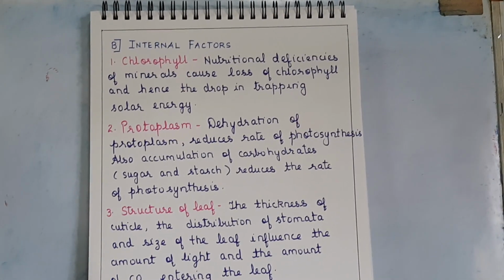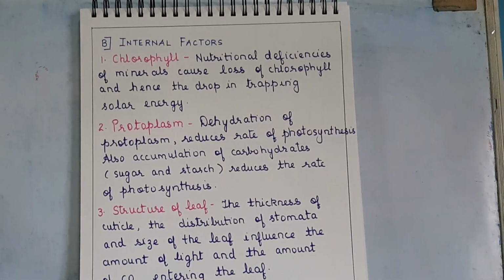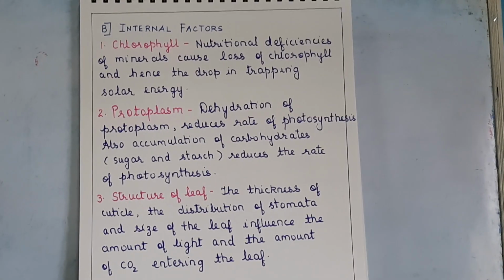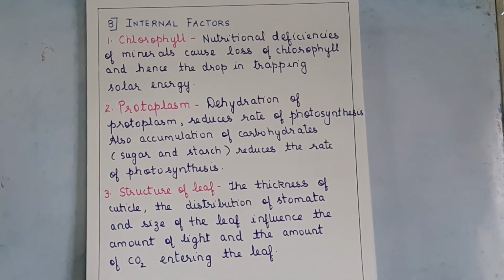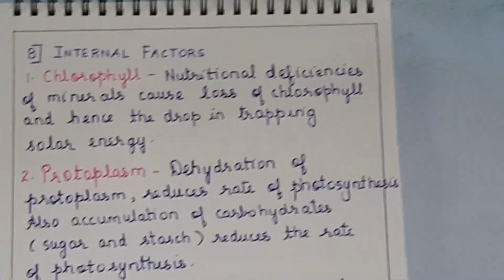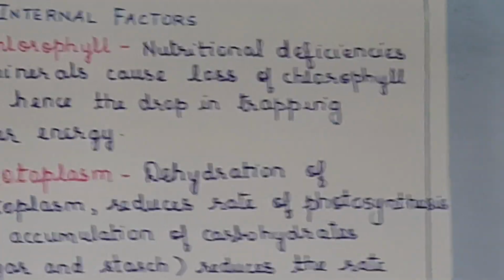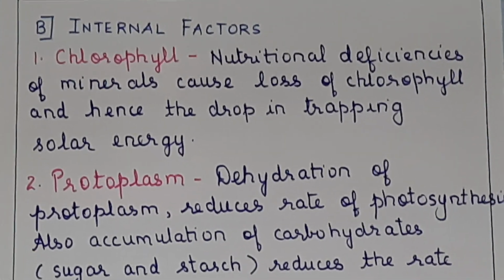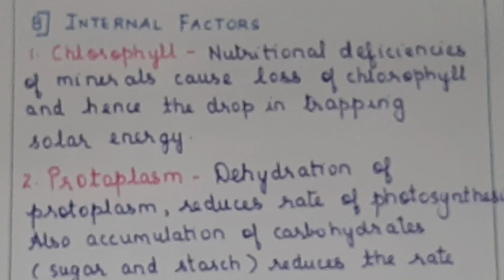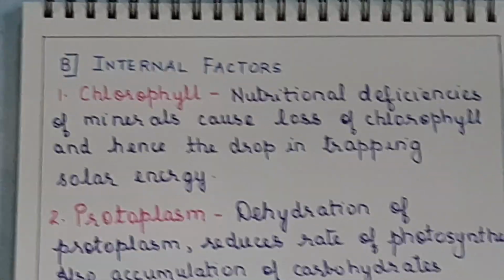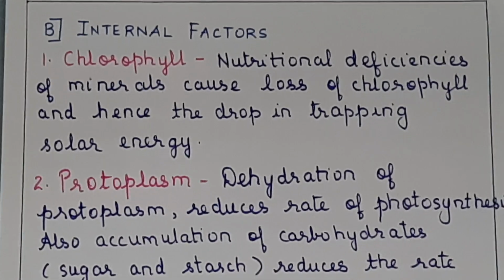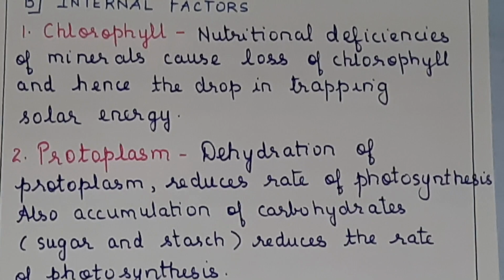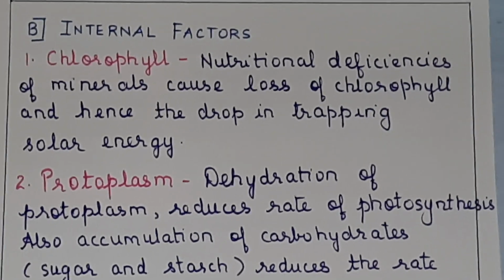Now let us have a look at the internal factors, that is chlorophyll, protoplasm and the structure of the leaf. Any nutritional deficiencies of minerals will cause a loss of chlorophyll. That is, the chlorophyll will not be able to trap the solar energy. Deficiencies such as magnesium and iron are very important. These two inorganic substances, or ions, magnesium and iron, are required for the proper functioning of chlorophyll, meaning for the chlorophyll to absorb the light energy, get activated and then initiate the further processes,